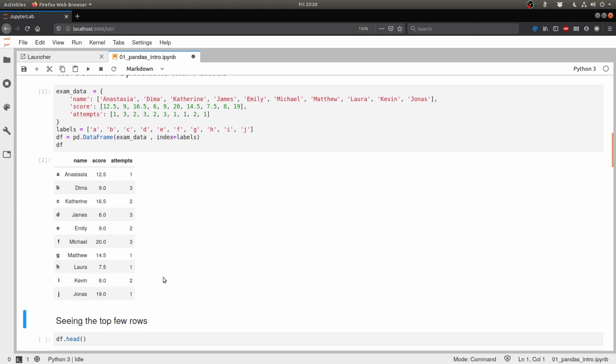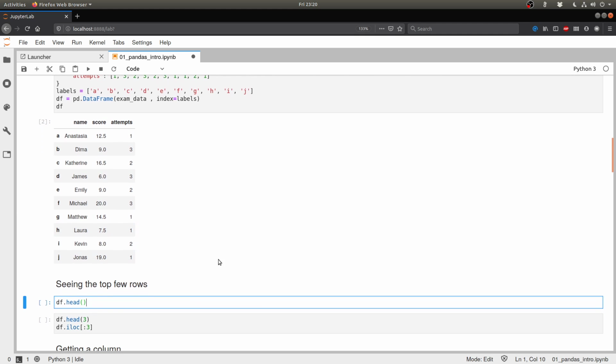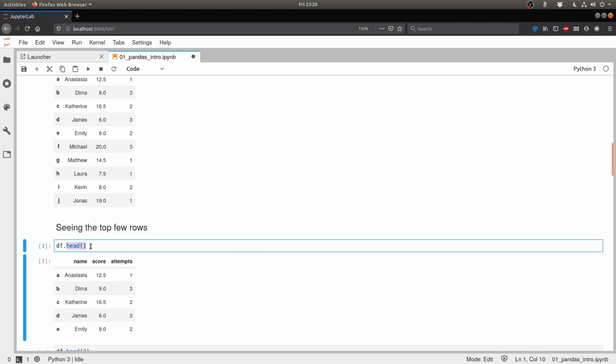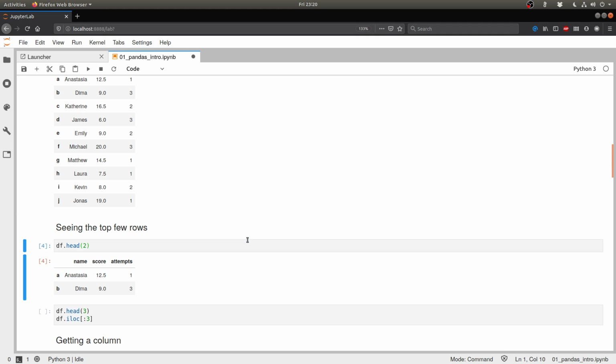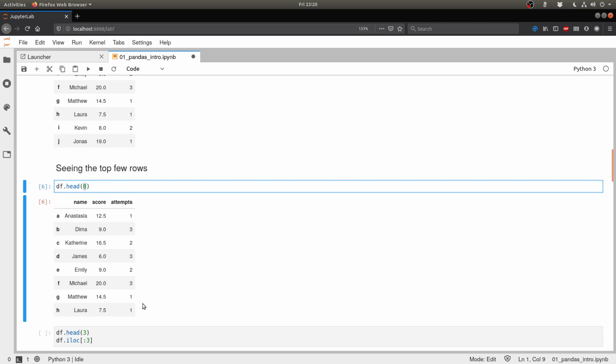Now here's how you do some of the common operations within a data set. This is the whole data set containing 10 rows. If we just want to see the top few rows, we can just do a df.head. Now df.head, by default, when you call it, is going to show us the top 5 rows, but we can give in any number over here. I can say just show me the top 2 rows, or I can say show me all 10 rows, or I can just say show me 8 rows. So I can just pass it an integer, and it's going to show me the top k rows of a particular data frame.